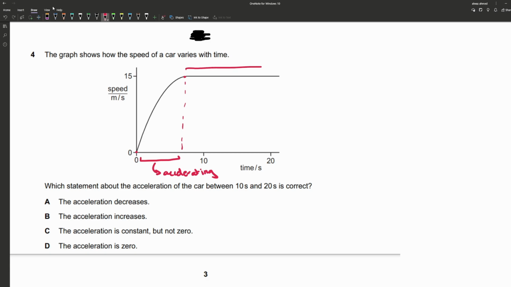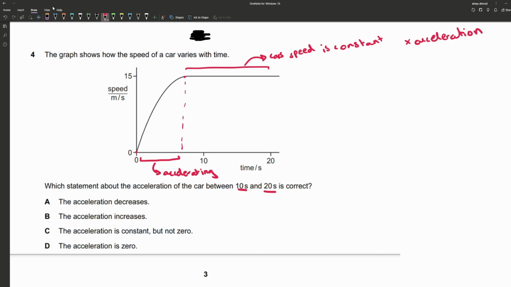But after this, the car speed became constant. So this whole area, the car speed is constant, which means no acceleration. Okay, now let's see what the statements say. A, the acceleration decreases. Now remember that they're talking about the movement of the car between 10 seconds and 20